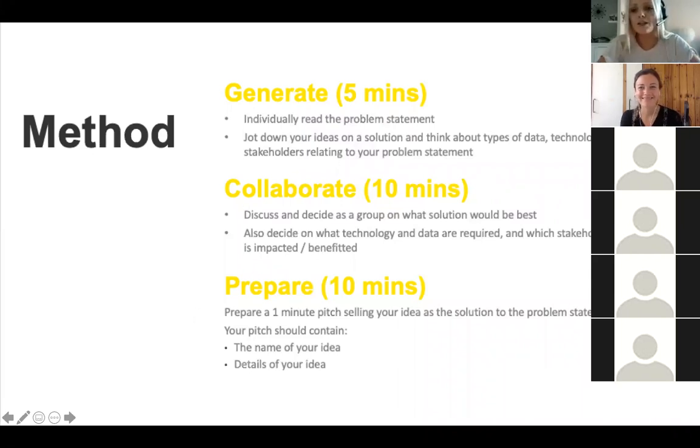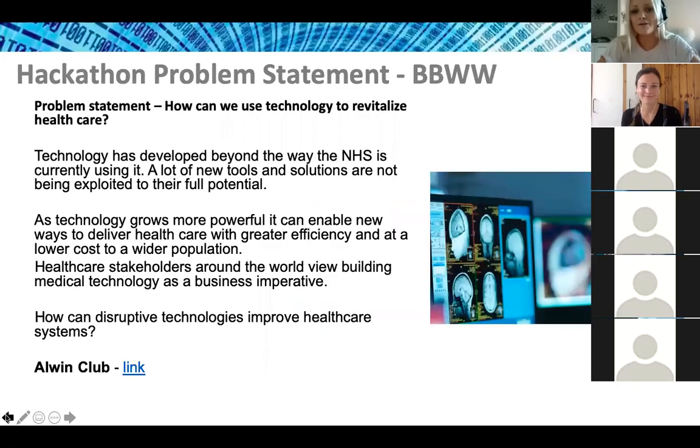So perhaps what we can do is go back to the previous slide, Ellie, just so everyone has 5 minutes. So what's the time now? Let's have a look. It's 27 minutes past. So why don't we come back together at maybe 31 minutes past. So 4 minutes, have a read through, jot down some of your ideas, whether it's an app or any kind of technologies.